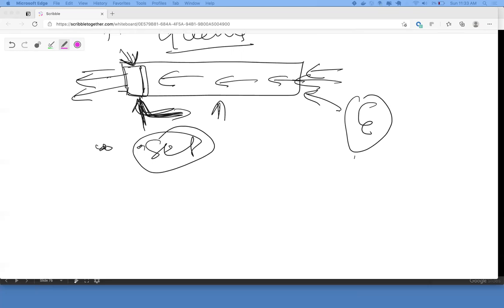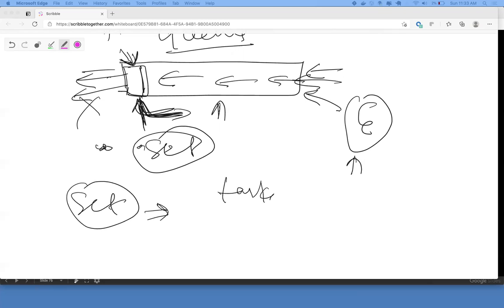Okay, so we have E, we have this set, but can't we store the timestamp of that task in this set also? Let's forget about the queue. Yeah, you can store the timestamp. Then we'll have to duplicate it, right? We are storing it in task executed also, and we are also storing it in the set.